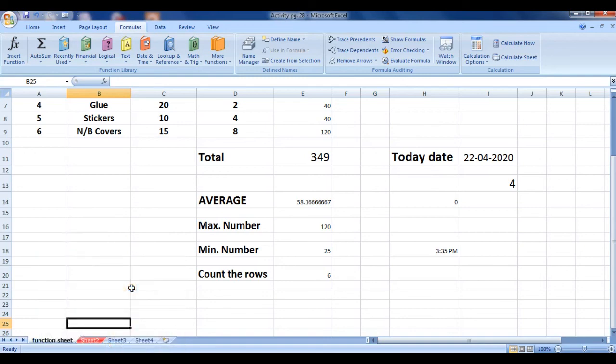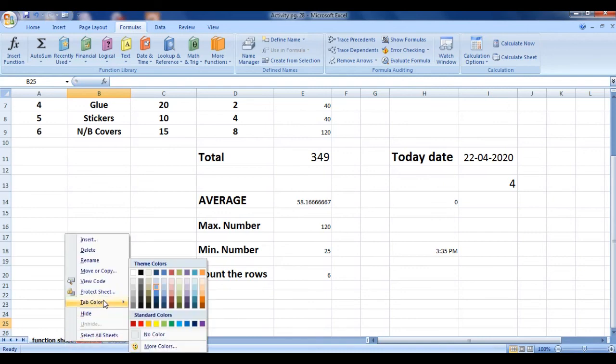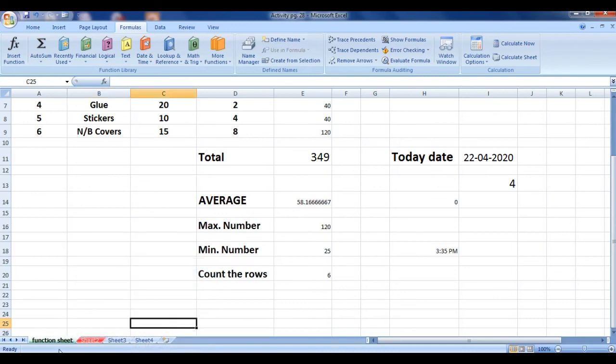Click on this. Oh, I have given blue. Then take a new color. I will take green, and you can see the function sheet tab color is green, shown here. So we can change the color of any sheet tab from here.